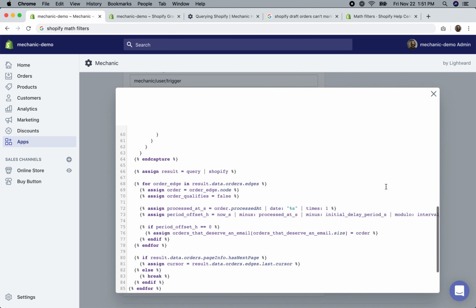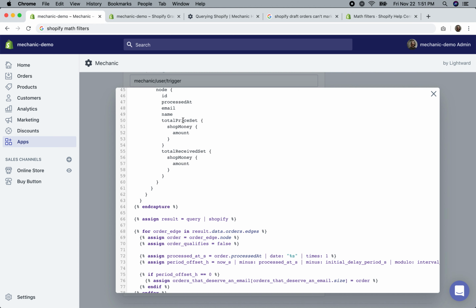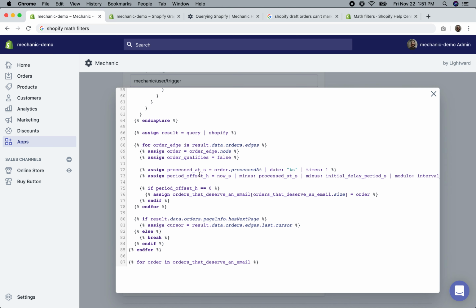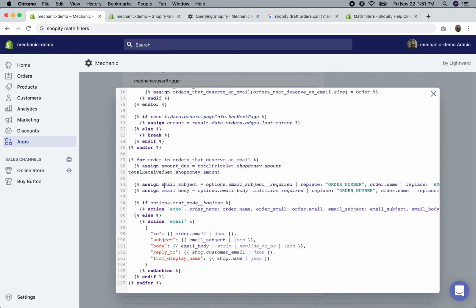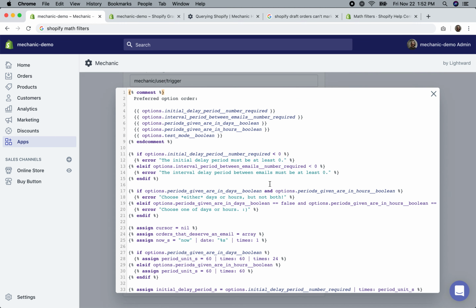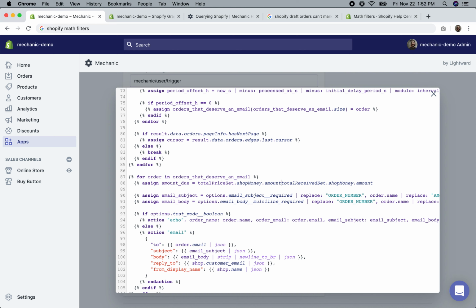So the amount due is formed by the total price set shop money amount property minus the received money amount. So I'm going to grab all these things. I'm holding down Command right now and just double clicking. Cool. Oops, too many escapes. Minus. Okay, so the amount due is the amount minus the received amount, and then we need to convert that